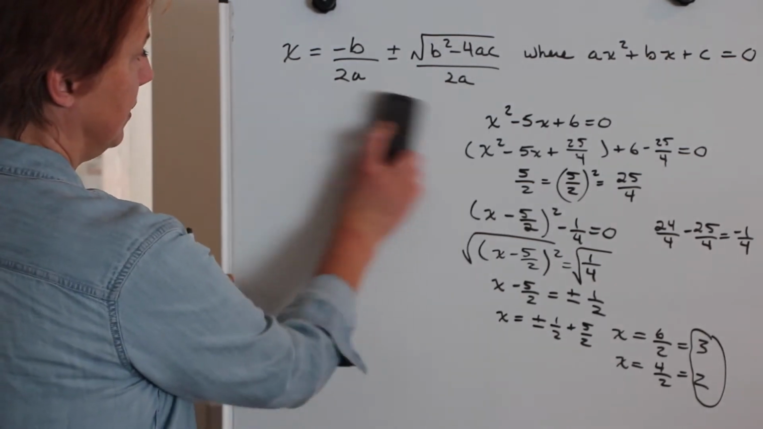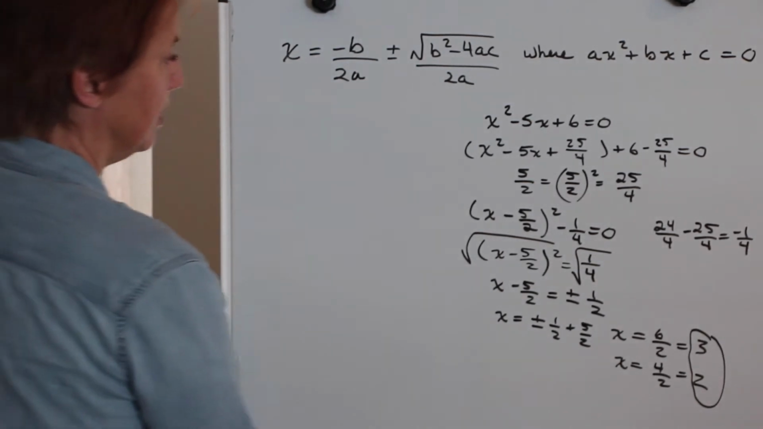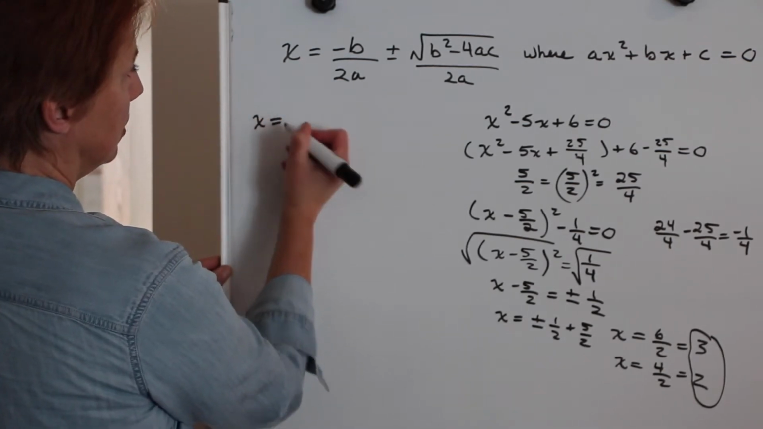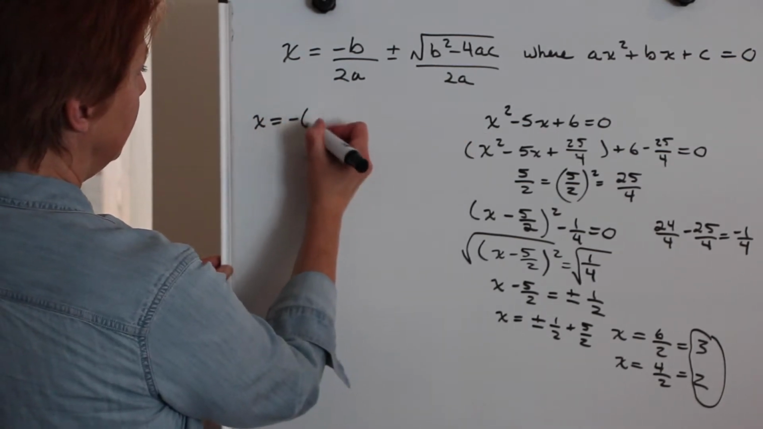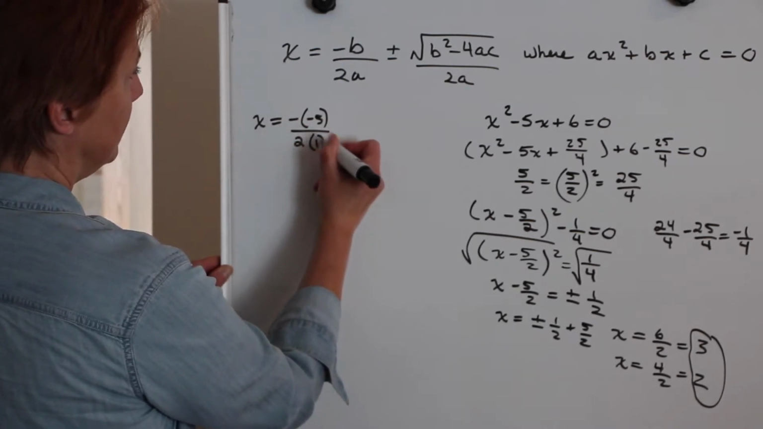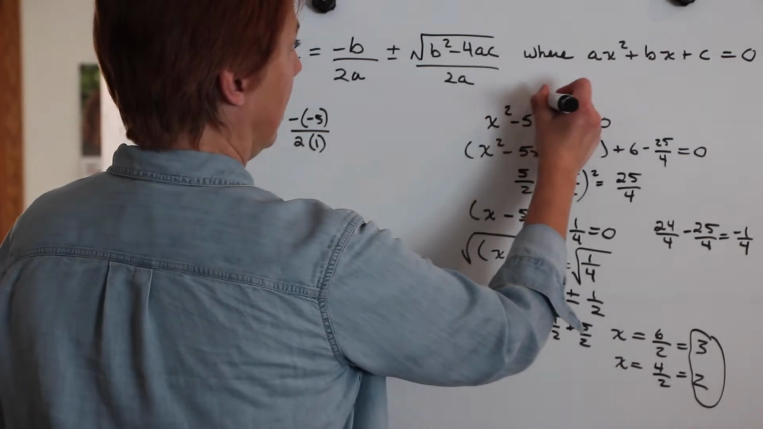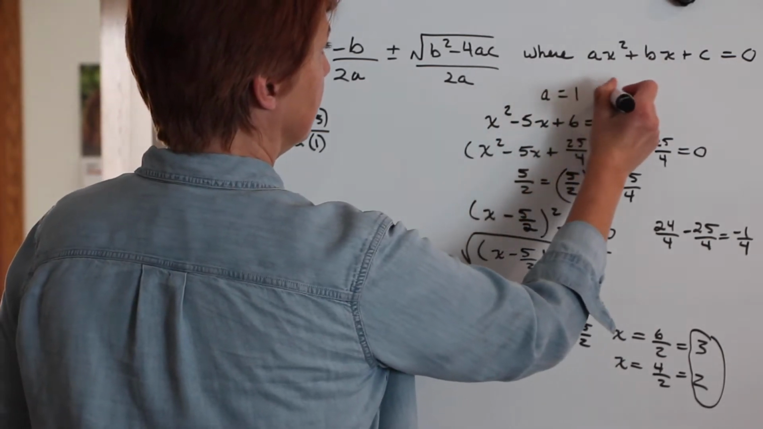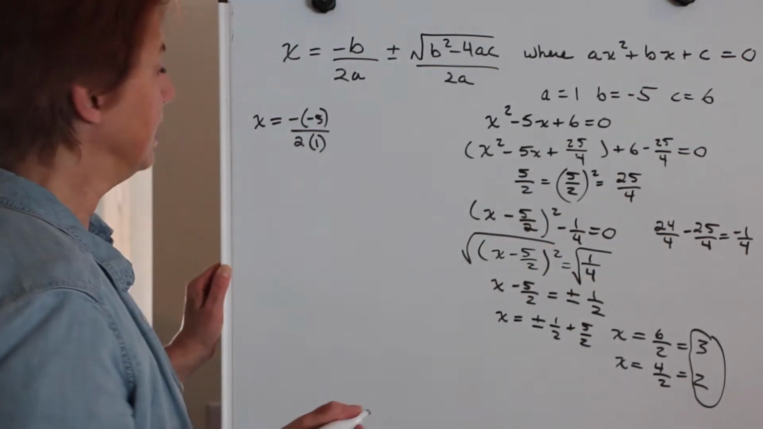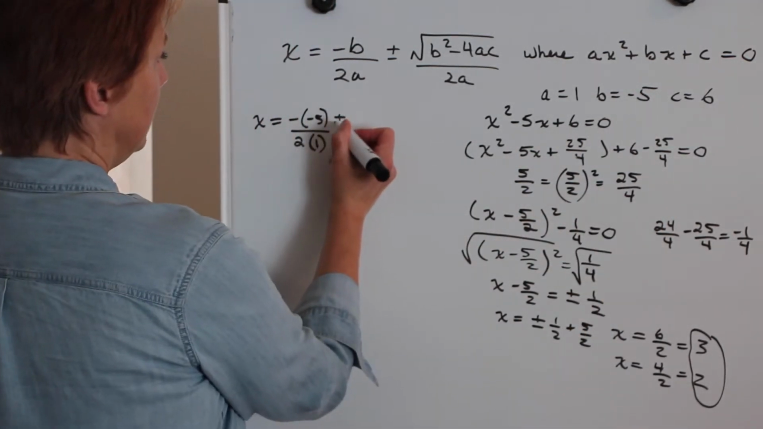Okay, now what we're going to do is do this using the quadratic formula. So we have x equals negative, negative 5, over 2 times 1. Okay, so a is equal to 1, b is equal to negative 5, and c is equal to 6 in this circumstance. Okay, plus or minus